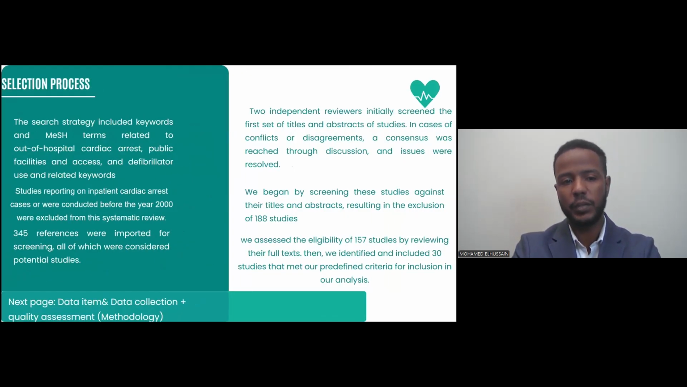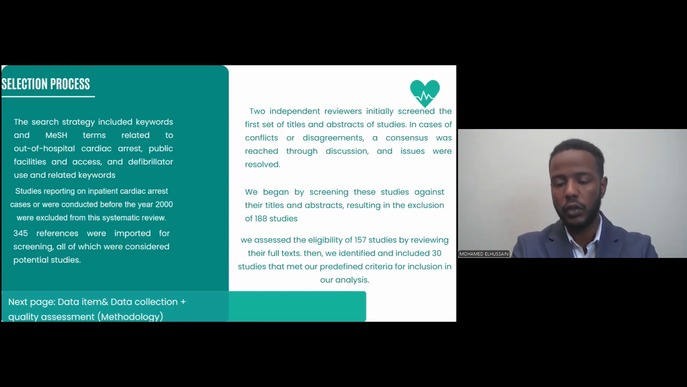Secondly is the selection process. So how did we look up our studies? The search strategy included keywords and MeSH terms related to out-of-hospital cardiac arrest, public facilities access, and defibrillator use and related keywords. Studies reporting on inpatient cardiac arrest cases or conducted before the year 2000 were excluded from this systematic review. So we were able to come up with 345 studies, which we all imported to Covidence